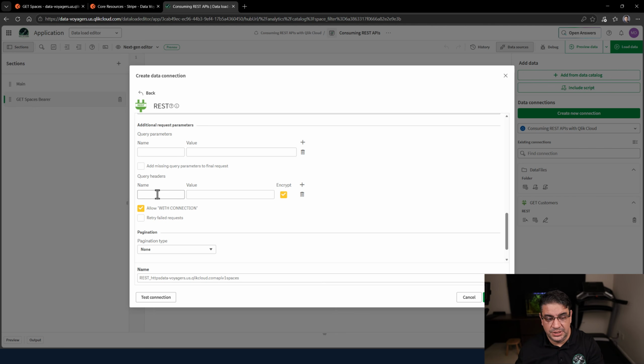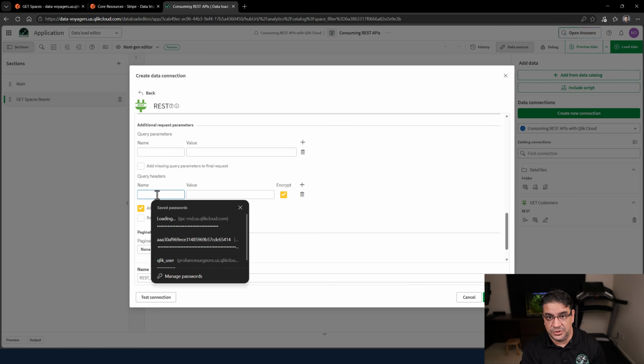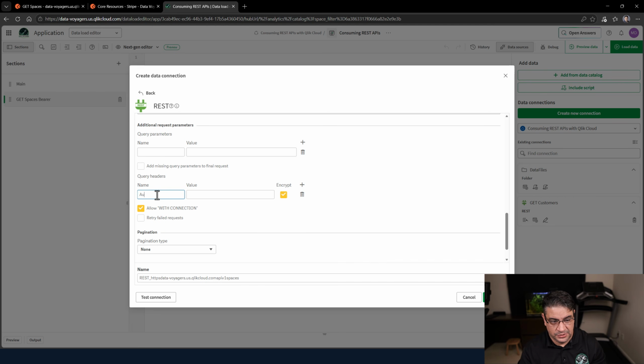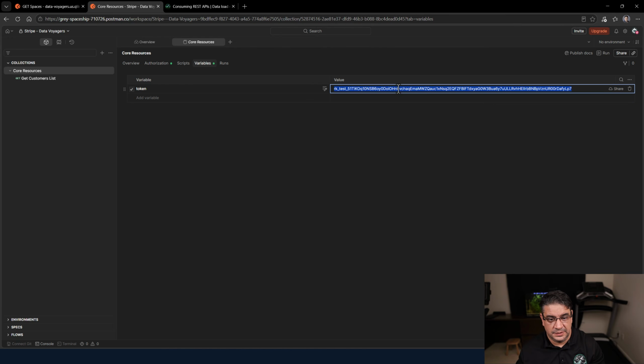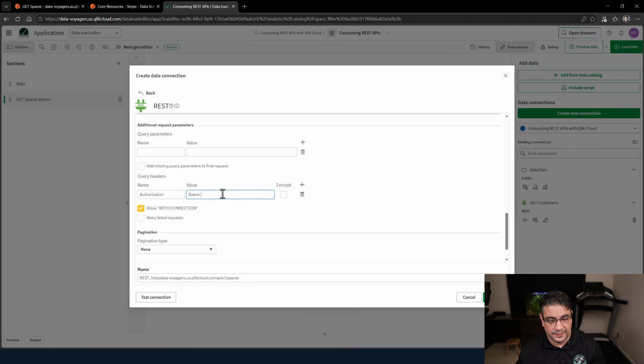In this case, we need to use that one because we are going to override it later. Authorization, bearer, space, and the token, the very same one that we have here. Okay, all right, and then we'll call it get spaces, test connection,